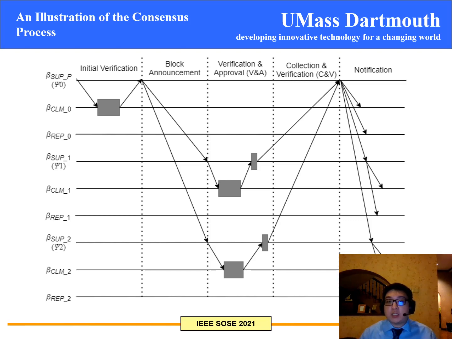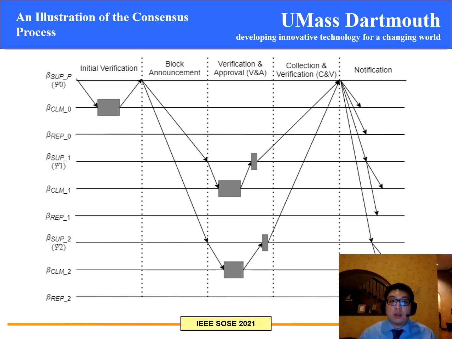The consensus process is divided into 5 phases, namely the initial verification, the block announcement, verification and approval, collection and verification, and notification. The initial verification phase involves the primary super peer agent creating a new cloud-based block and light block. The cloud block is sent to the Cloud Manager agent to ensure that the block is valid using the